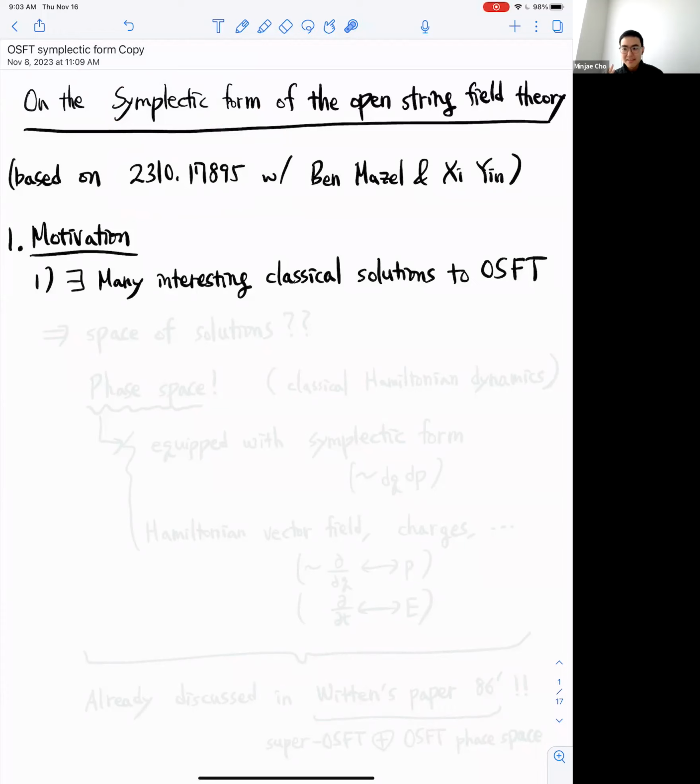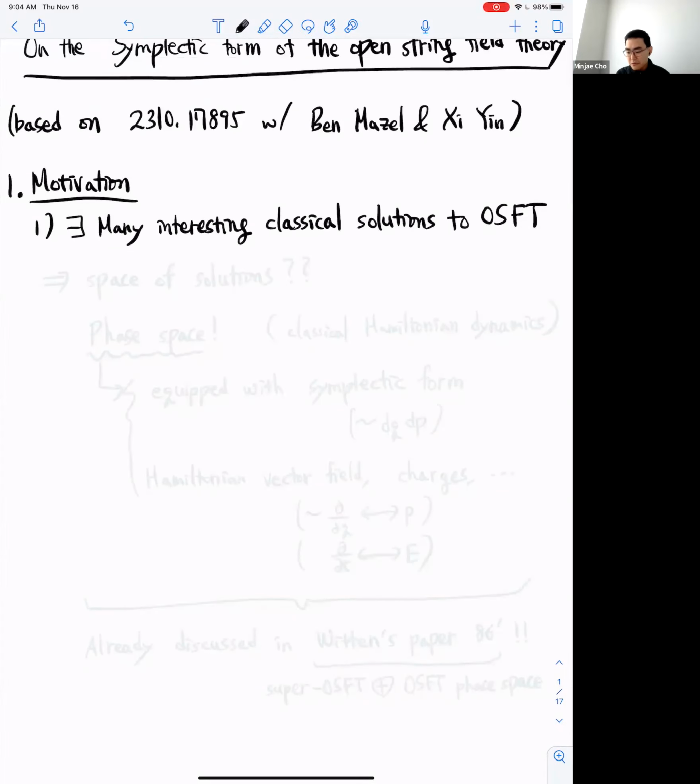Let me first start by listing several motivations to talk about this object called the symplectic form in open string field theory. The first motivation really comes from the fact that, thanks to many people in this community, there exist many interesting classical solutions to open string field theory. For example, thanks to Carlo and Coliberi's work, we know that all the D-branes can be represented as a solution to the open string field equations of motion, at least in the bosonic open string field theory case. So it is natural to ask about